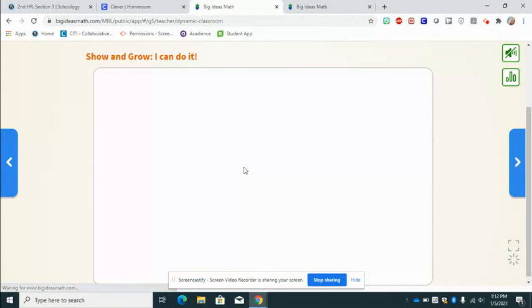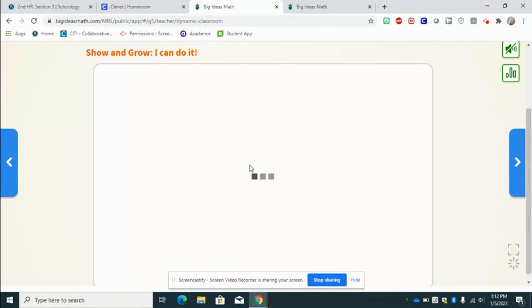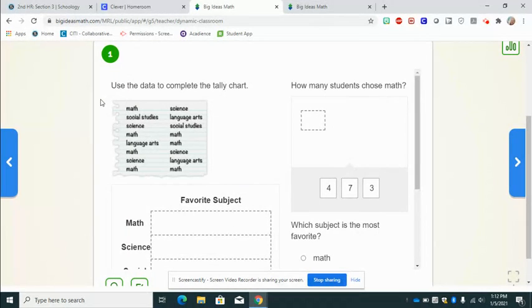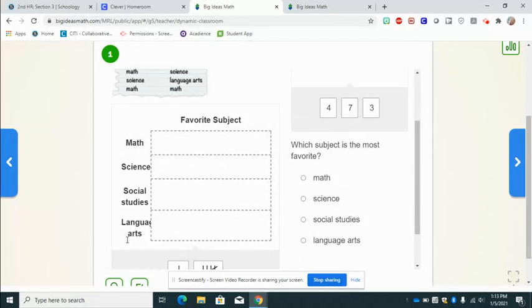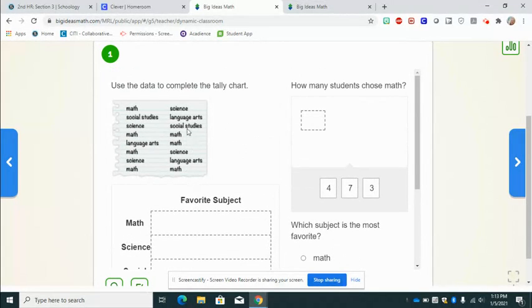And now we're going to do our show and grow, which is at the bottom of page 614 in your math books if you would like to follow along. We're going to use the data to complete the tally chart. So we're looking at a chart of our favorite subject, and our choices are math, science, social studies, and language arts. And right here were the answers that were chosen. So now we have to make a tally for each one. So I'm going to count all of the math, and then we're going to go in and make our tally